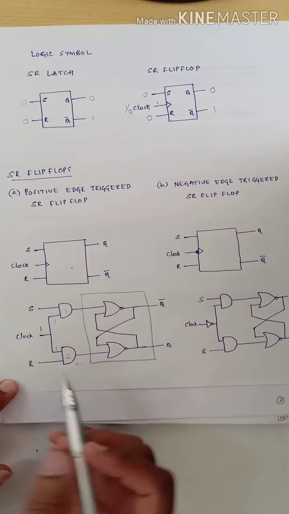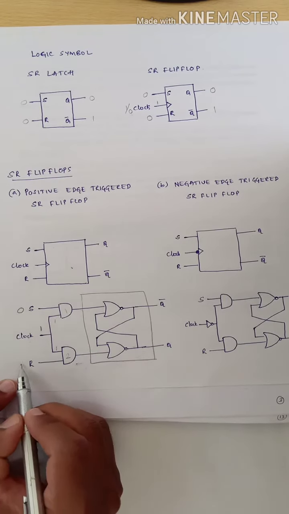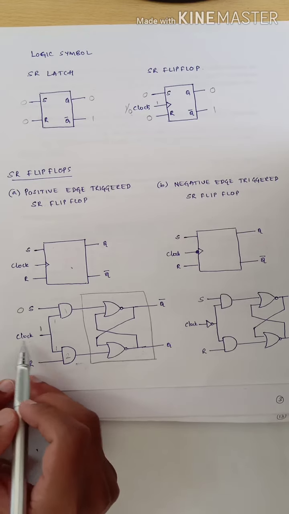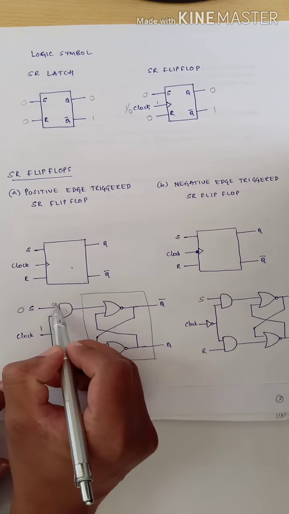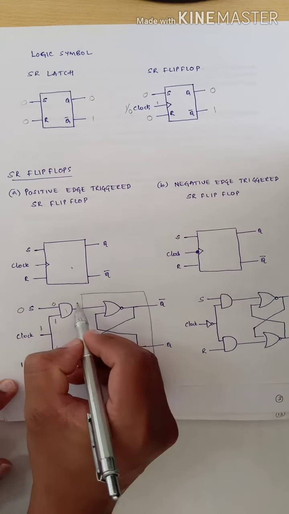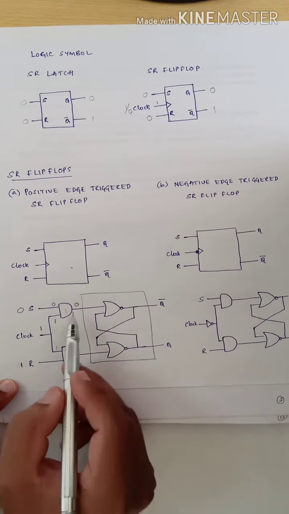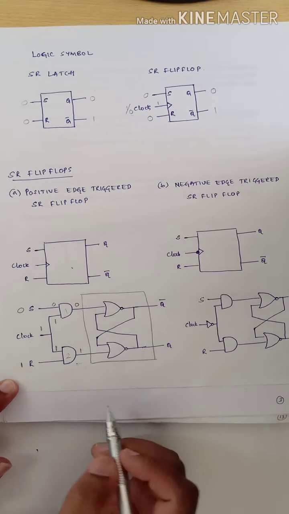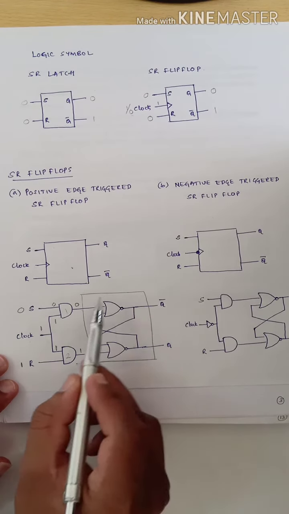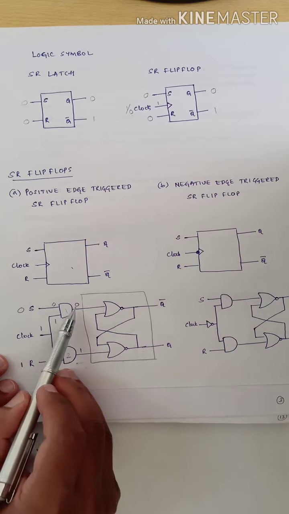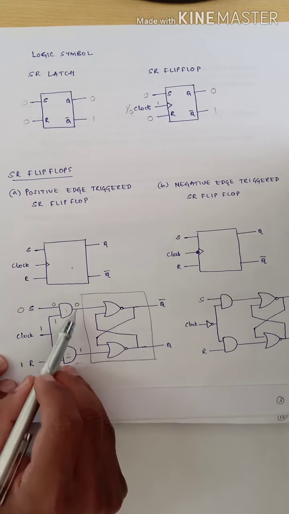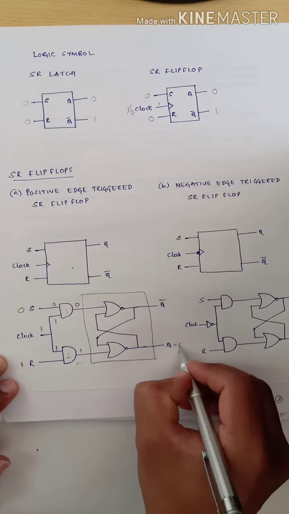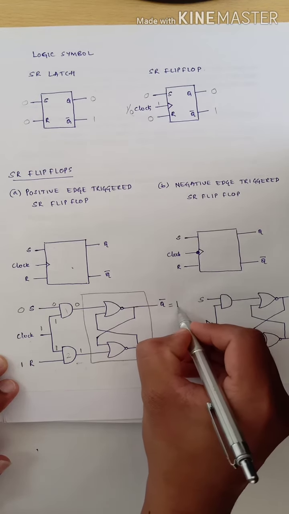Now similarly we can have the input S equal to 0 and R equal to 1. Keeping the clock input as 1, the input combination 0 1 here results in 0 at the output of the first AND gate, and the input combination 1 1 results in 1. For this SR latch constructed using NOR gates, the input combination is now 0 1. If the input combination is 0 1, the output is reset. Reset means Q will become 0 and Q bar will become 1.